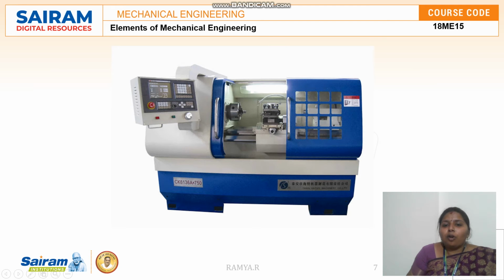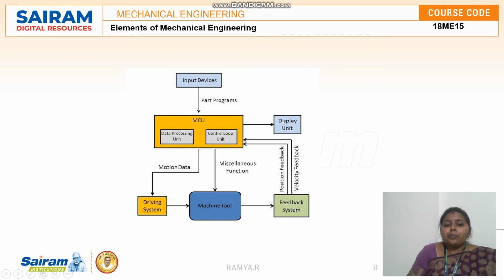So this is usually a normal CNC lathe. Here you can see a display where the program is fed into the lathe. So here this is the layout of a CNC. It consists of an input device. The input device is nothing but the computer. So through some software, the program is fed through the computer into the control unit. So this is the control unit, which sends the instructions to the machine tool. And here is a feedback system. The purpose of the feedback system is to check whether the operation is going in the right way.